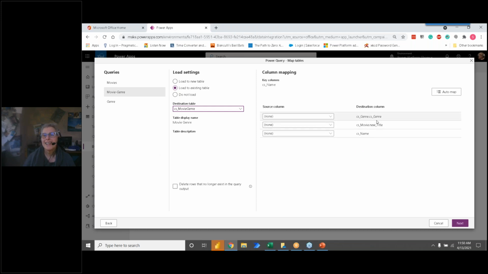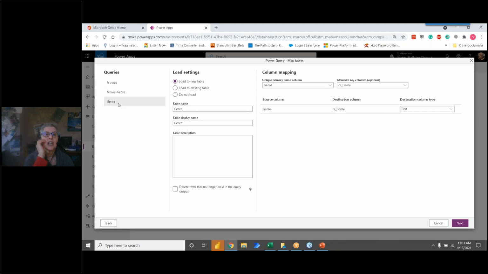But one thing you'll notice, these are those lookups. This first one is the genre lookup, and this is the movie lookup, and I can tell that because of the schema name. All right, and then I'm going to give it title. And you'll also notice the key columns came in automatically. That is 100% due to the fact that I marked that key when we were back looking at the table, okay? And if I hadn't done that, these lookups don't show up in the mapping list. So you have to mark those keys.